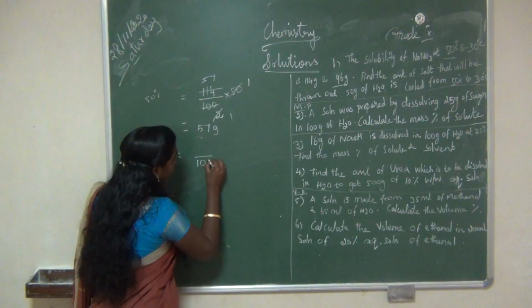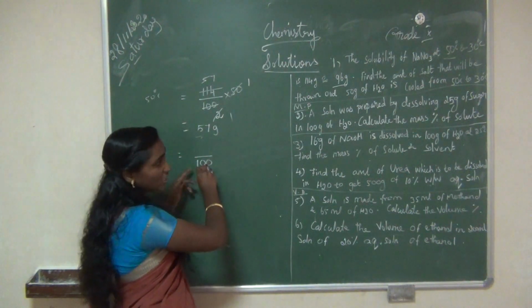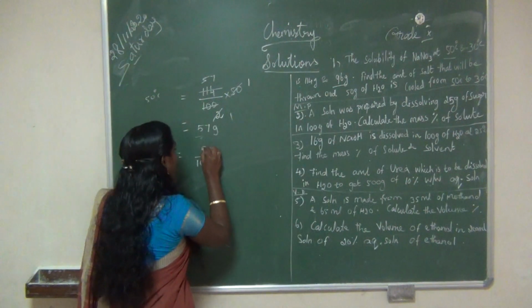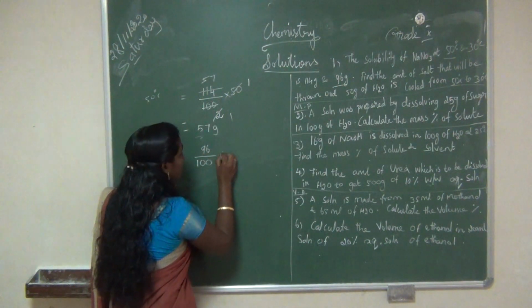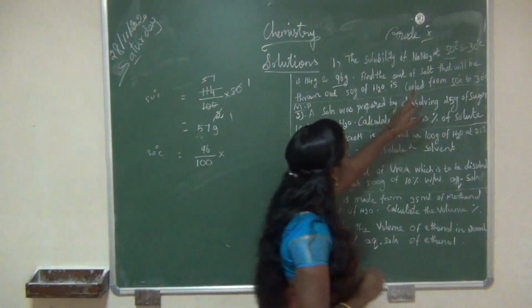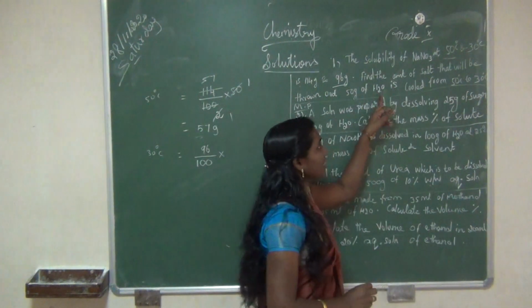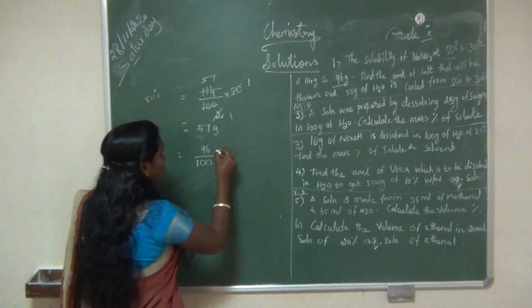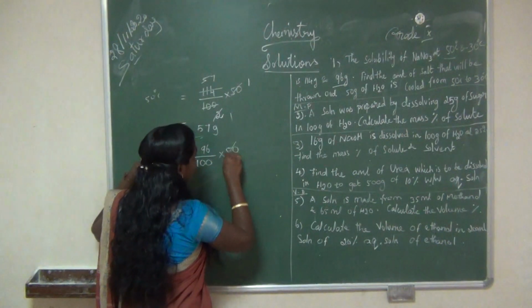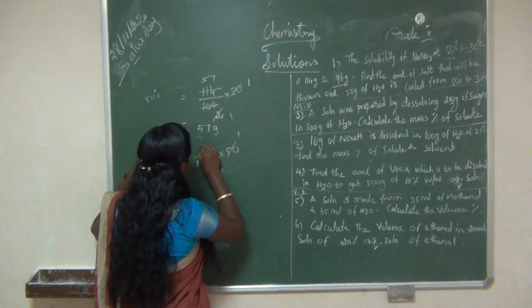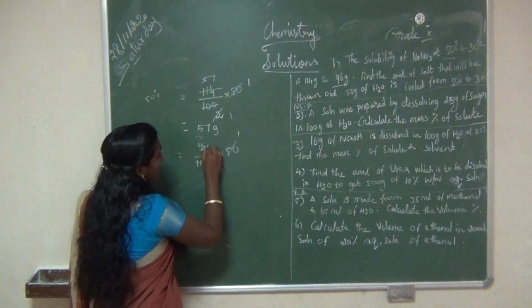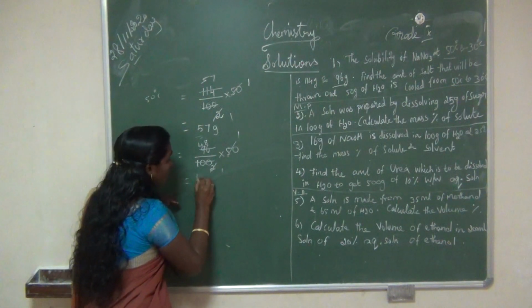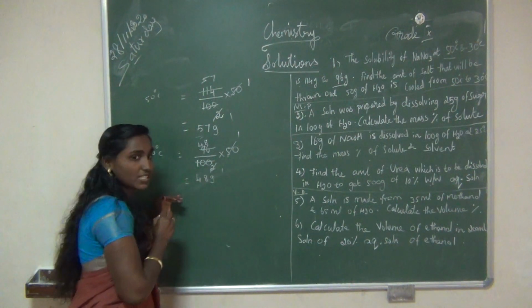So same way, 100 gram of water can dissolve how much gram of salt at 30 degrees Celsius? 96, right? So 96 gram of salt into 50, therefore 50 gram of water can dissolve how much gram of salt at 30 degrees Celsius. So here you should write 50. You can cancel it by 2. So 4 2s are 8, then 8 2s are 16. Okay, we will get the answer 48 gram. Have you understood the second step?